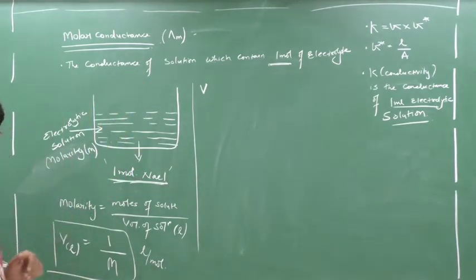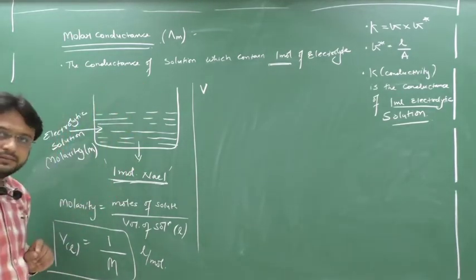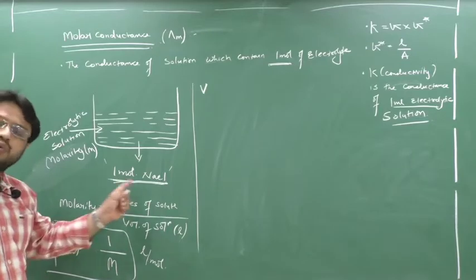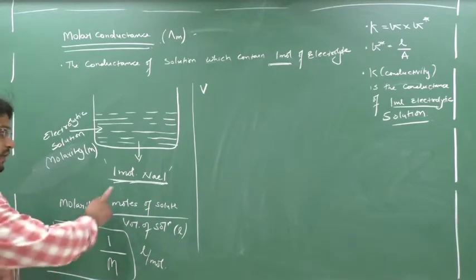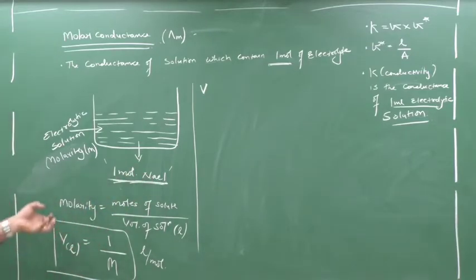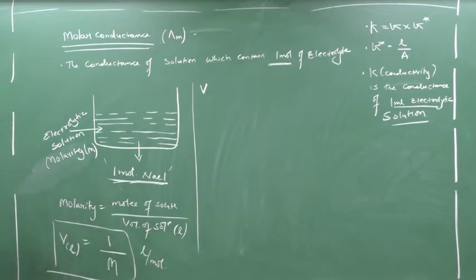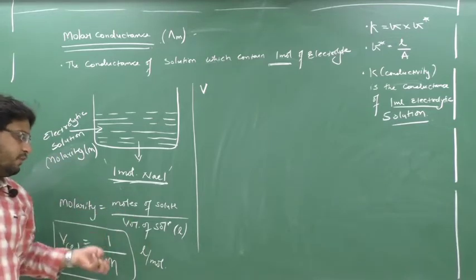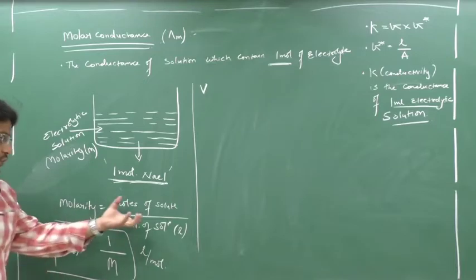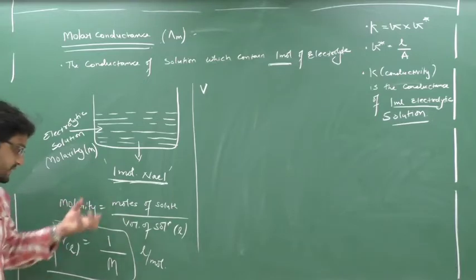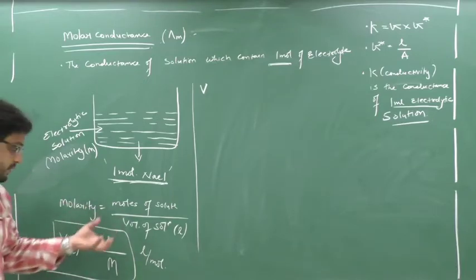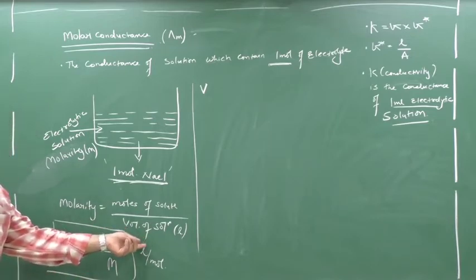...contain electrolytic solution, but in which electrolyte is how much? 1 mole. 1 mole I am taking. Now we know the molarity definition. Molarity equals what? Moles of solute by volume of solution in liters. Let us say the molarity of this solution be capital M, equal to moles of solute by volume of solution. But moles of solute we are fixing. How much are we fixing? We are fixing 1, divided by volume of solution. So I need to find the volume of solution.